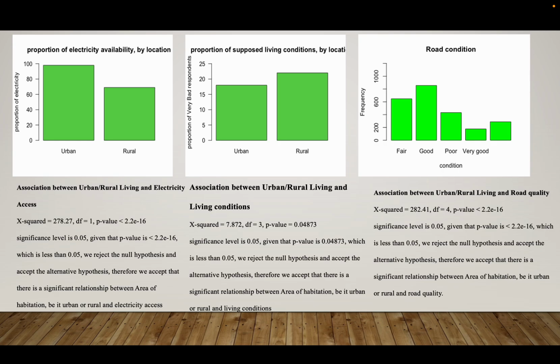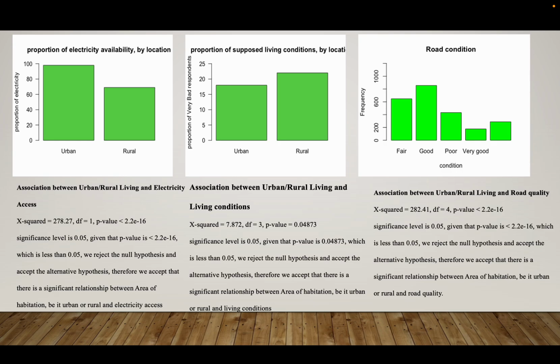So for my association between urban and rural living and electricity access, x squared was 278.27. My DF was 1. My p-value was less than 2.2 e to the power minus 16. Significance level is 0.05. Given that the p-value is lower than that, we reject the null hypothesis and accept the alternative hypothesis. Therefore, we accept that there's a significant relationship between area of habitation, be it urban or rural, and